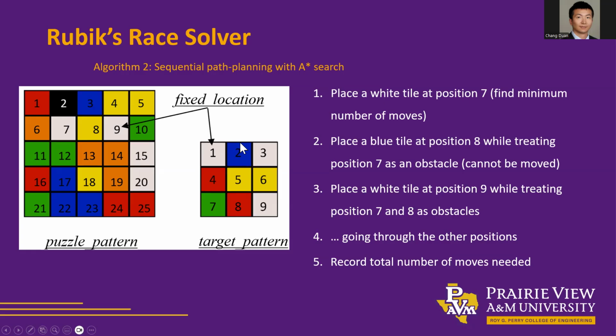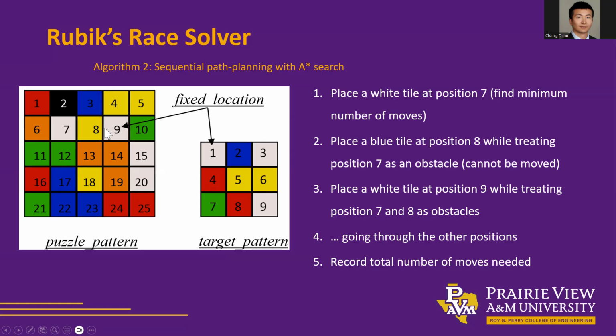The next position, if we say we want to have blue, right? We want to have a blue at number 8, position number 8 on the puzzle pattern here. So we're going to find the nearest blue tile, in this case over here, right above 8. And we're going to simulate the moves, using the A star search to check how many moves we need to place 3